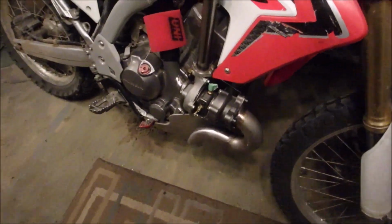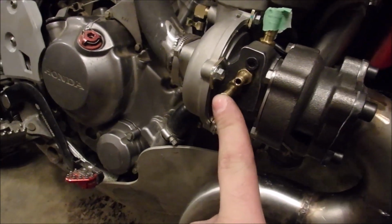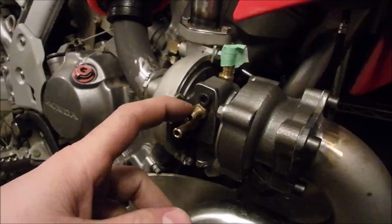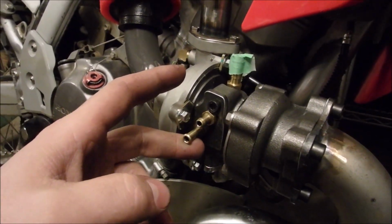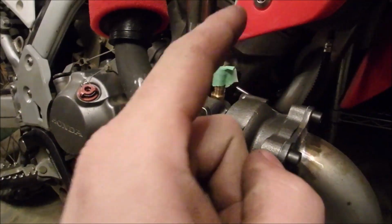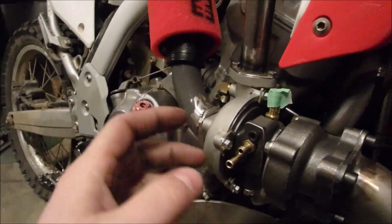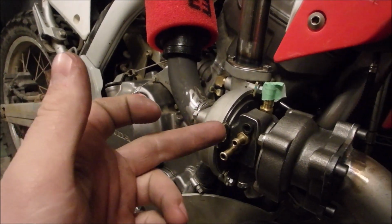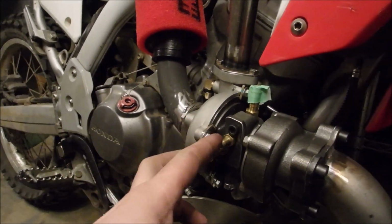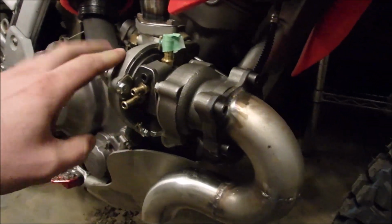Just so I remember if I have to refer to my own videos at some point, water in, water out. I think that's the right way for, well, this is a little bit different. Bigger turbos will have water in on one side and water out on the other. And you usually want it clocked so it's going across it. And I can't remember if cold is supposed to go in the top or out the top. Anyway, it doesn't matter. This turbo is different. I'm worrying about problems that don't exist. So that's the plate,